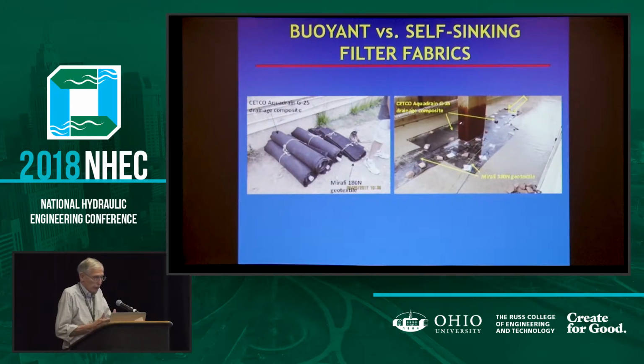And then to experiment with, you can see it there, the Merifix. That is the buoyant filter, no weighting on it. And then we couldn't get a SANDMAT in the US. You know, the geotextile manufacturers are missing the boat. If they could come up with a SANDMAT type product that was available in the US, there could be a huge market for it. On this one, Paul had to jury rig and make a negatively buoyant